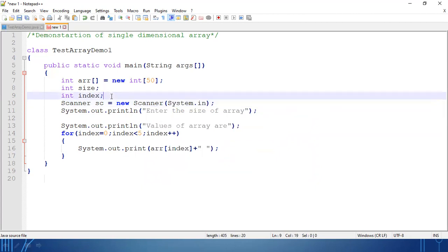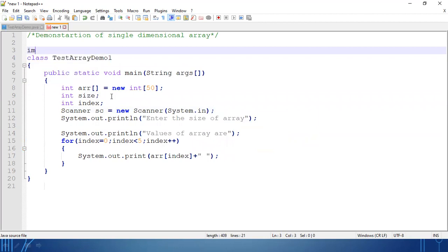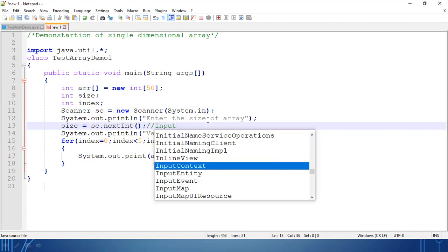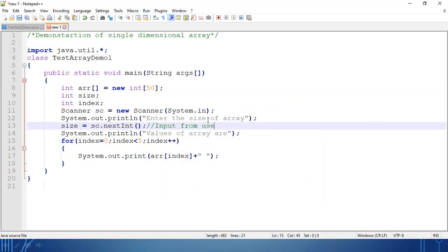Okay, and once you are using the Scanner class, you have to import the util package. Clear? Done. And here size equal to sc.nextInt. Clear? So input from user.